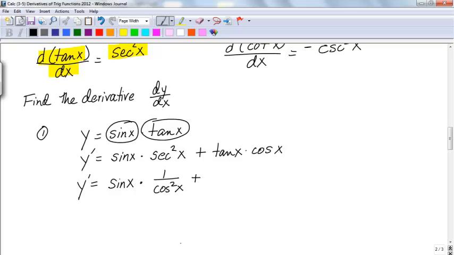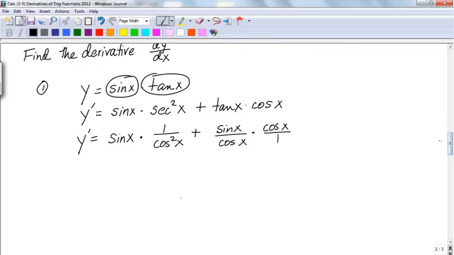Then tangent in terms of sine and cosine is sine x over cosine x. Remember, tangent is sine of theta over cosine of theta, times cosine of theta, like over 1. Okay, and remember, you've got to do your order of operations. So we would have y prime equals sine, this is like sine x over 1, so it'd be sine x over cosine squared x